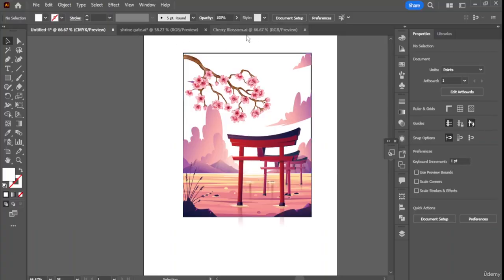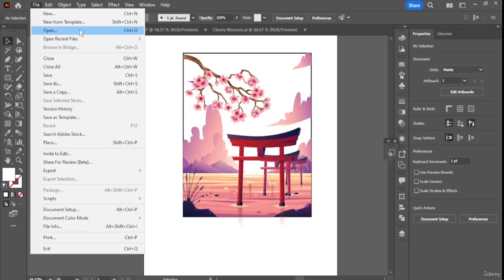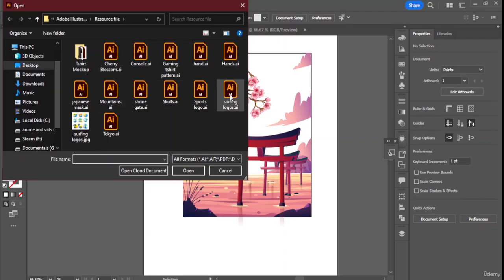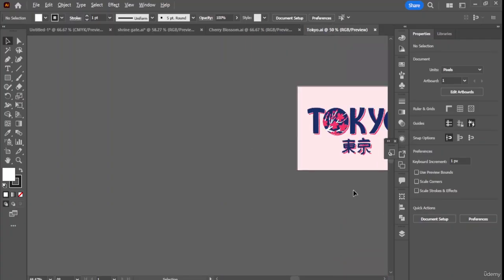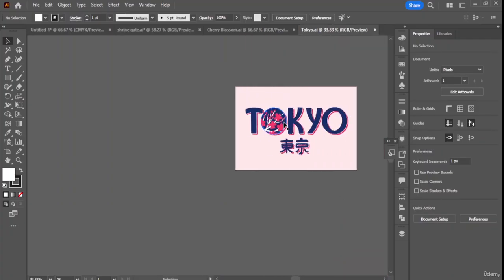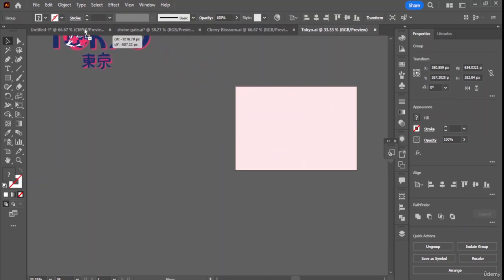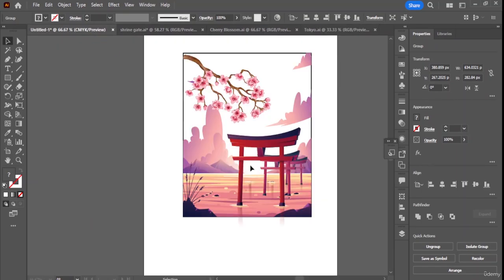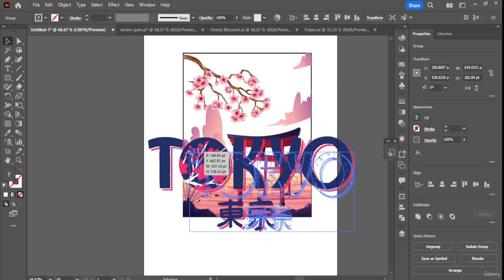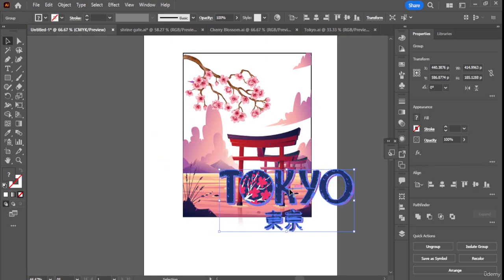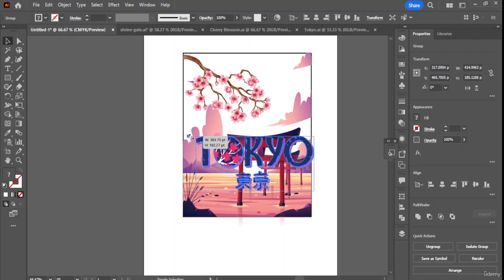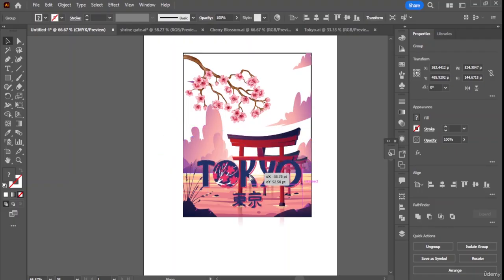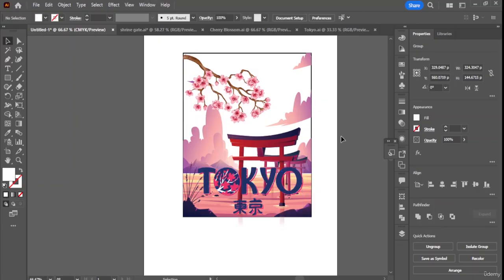Now the last thing I'm going to put is our Tokyo file. So I'm going to open up this file called tokyo.ai. This will take a bit of time to open up, and there you go, you have it. What I'm going to do is select whichever one I need. I'm going to take this over here and paste it according to my desire. Hold Shift so that you get a perfect, there you go,